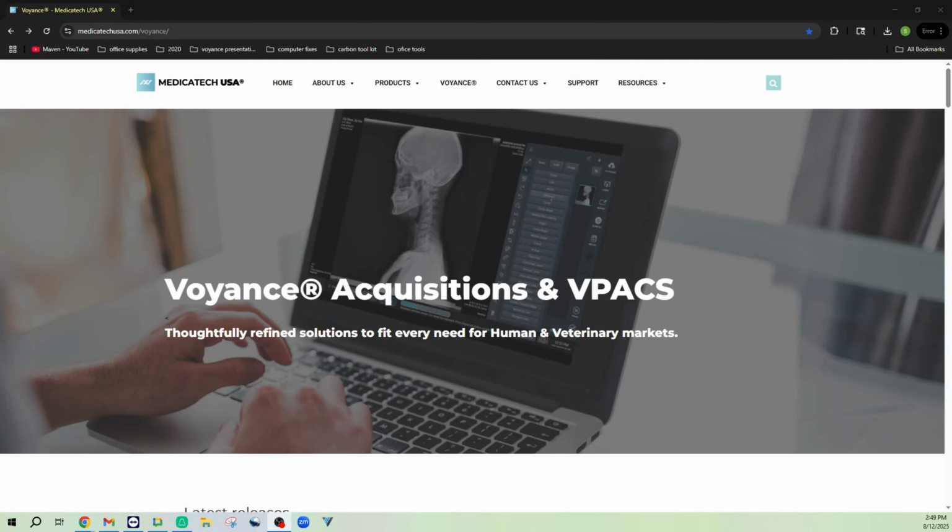Today we're going to go through installing Voyance Viewer as well as licensing it. What we're going to want to do first is verify that the X-ray computer has been installed and is connected to internet. Once we verify this, we can then go over to whichever computer we're going to be using as the viewing computer and make our way over to